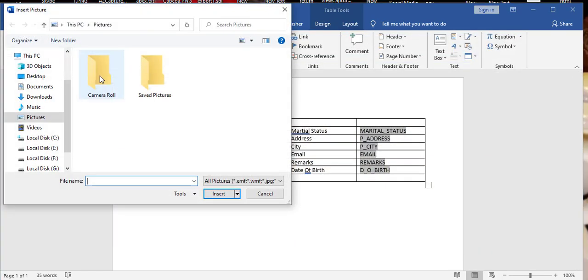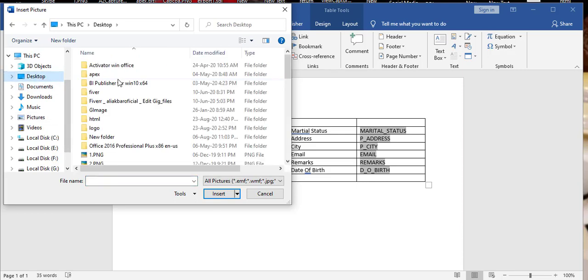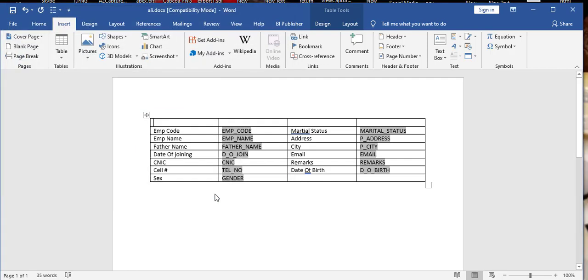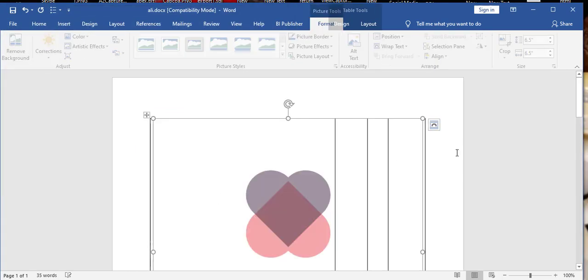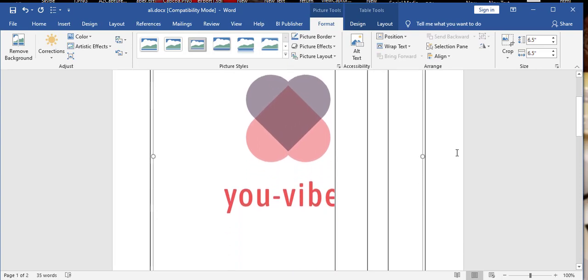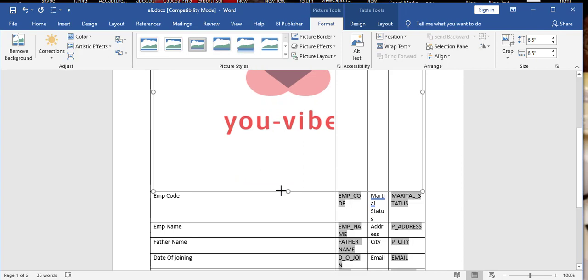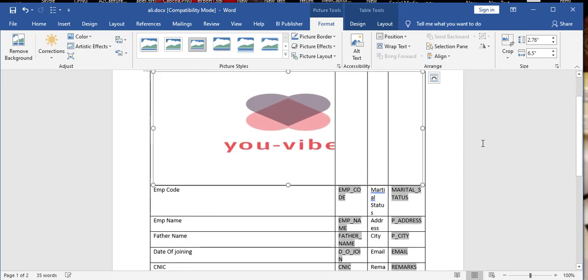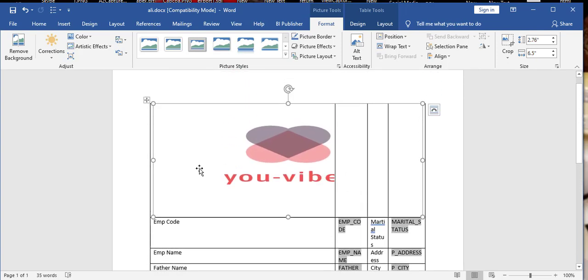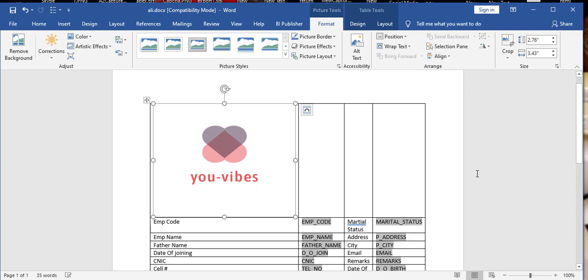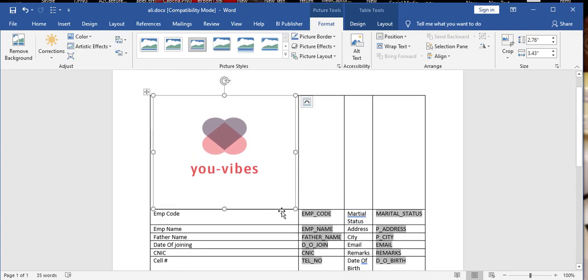From device, you can select any picture.